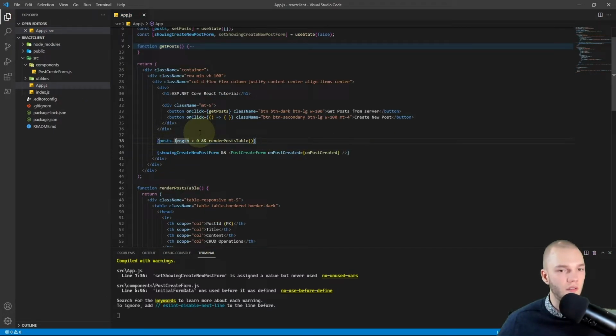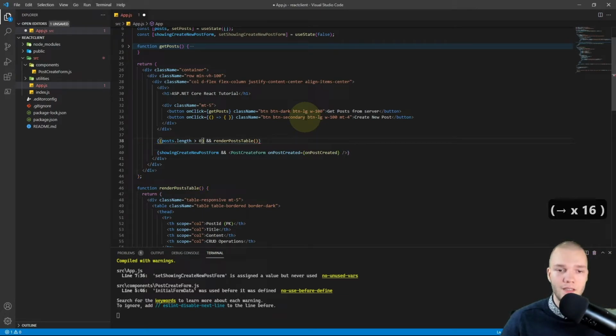So almost done here, but in the render posts table logical AND operator, I want to add another check, which will check if the showingCreateNewPostForm boolean is false, because I don't want to show the table and the create post form at the same time. So I'll wrap this in parentheses and I'll add a condition.